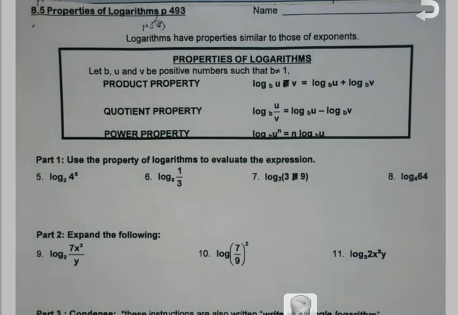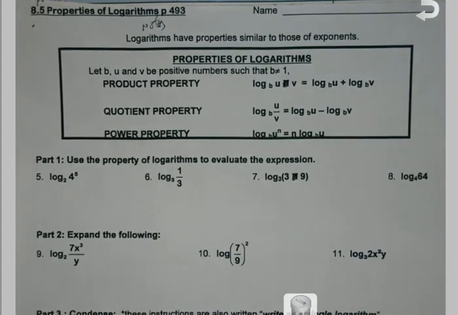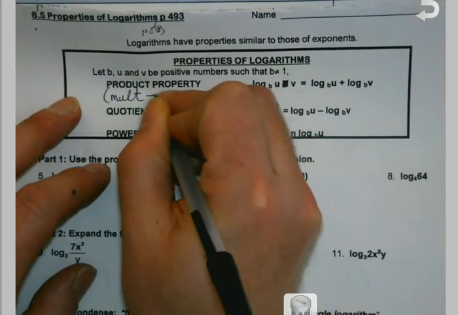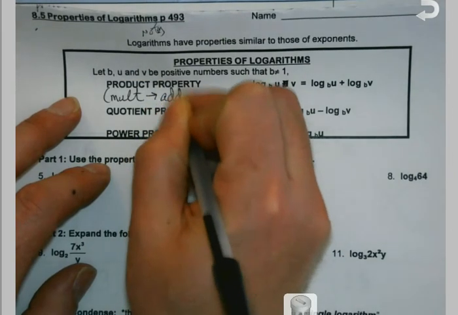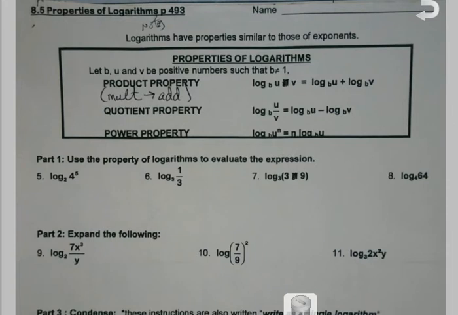Okay, so basically our product property back when we were doing exponents was if you're multiplying, you add the exponents. Well, same thing here. If you have logs and you're multiplying them together, multiplication becomes addition when we expand, and addition becomes multiplication when we condense. Explanations of that coming here momentarily. So then, once we get that situated,